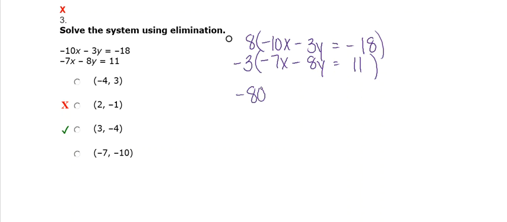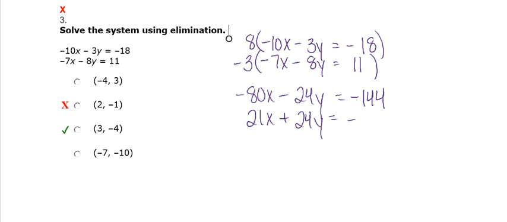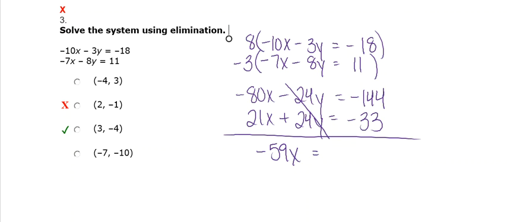So it's going to give me negative 80x minus 24y equals, and then make sure that you are multiplying all the way across, negative 144. In the bottom it's 21x plus 24y equals negative 33. That variable is going to cancel out because a negative 24y and a positive 24y would be 0y. So now we have negative 80 plus 21, that's negative 59x. You have negative 144 and negative 33, that's negative 177. Now we divide by negative 59 to figure out what the x is,